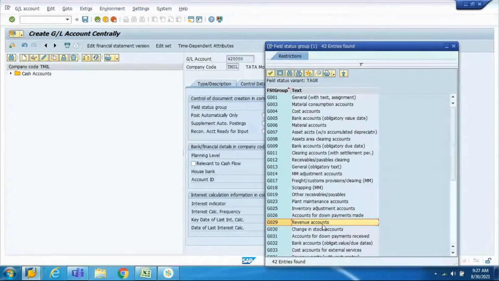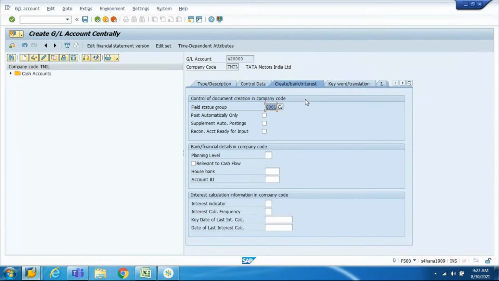Similarly, whichever category corresponds most closely to the nature of the transaction, you will pick that relevant group. If you are not sure, go with G001, general, which is commonly used for any kind of GL account. So currently let's go with G001. The other settings are not needed now. I'll explain when we come to that particular scenario. Now you can save this.